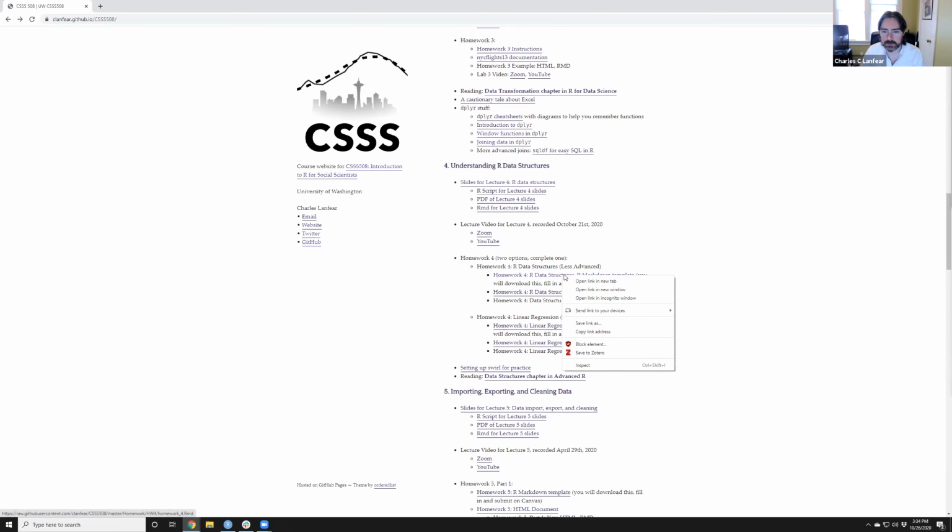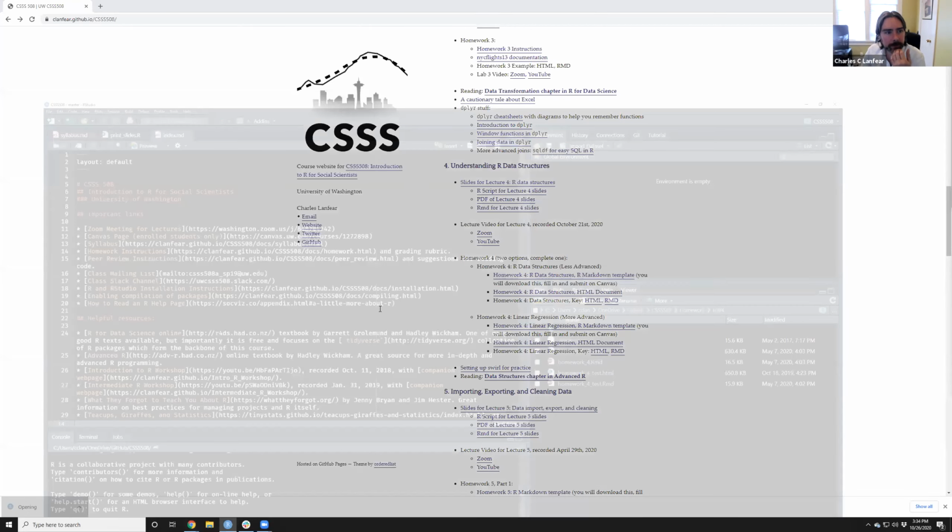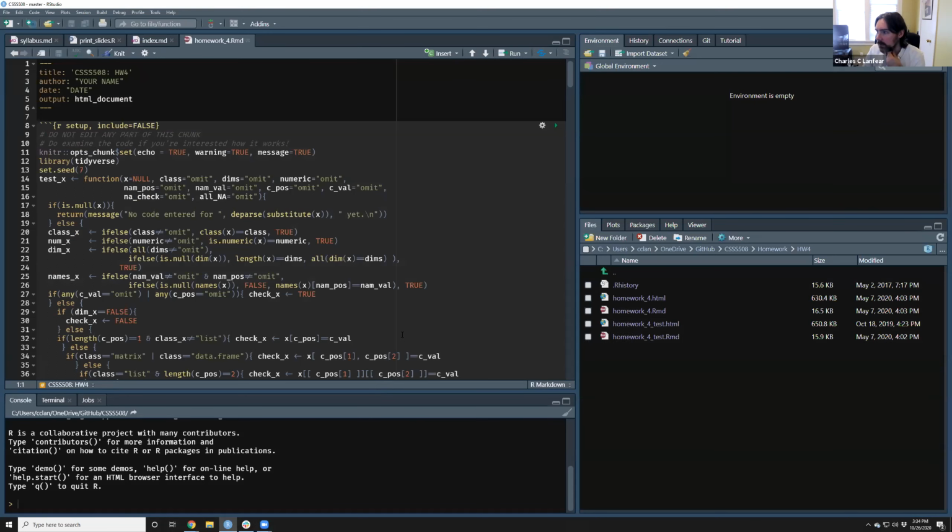So I'm going to say save this link as, and put it here in my ignore directory, crack it open in RStudio, and you should be confronted with a template like this. I assume most people have already worked through it partially, so you've seen this already. I'm going to swap this to my name here, put 10/26/2020 up there, and get moving.